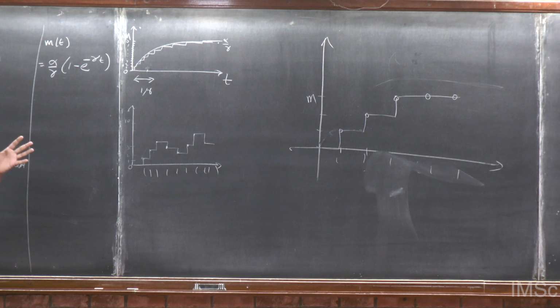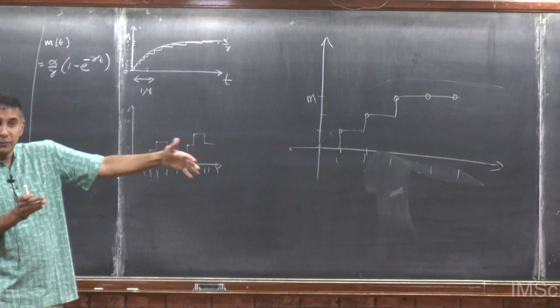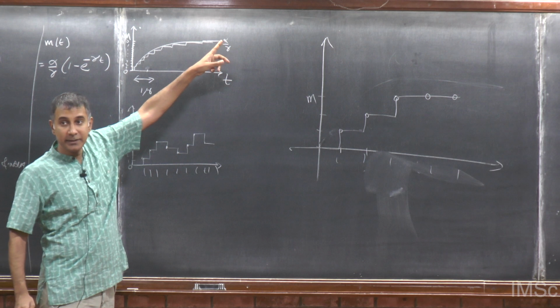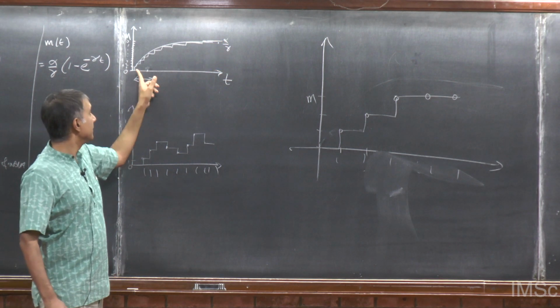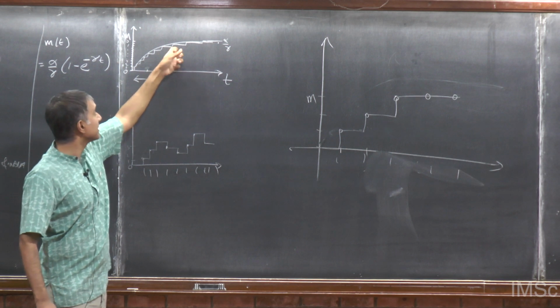You could imagine a crazy situation where a cell counts how many mRNA there are, and then it starts the clock ticking, and it says if there's 8 mRNA, I'm going to wait 10 seconds. But if there's 9 mRNA, I'm going to wait 30 seconds. You could imagine some crazy thing like that going on. But none of that was in this equation, and still the equation predicted a curve like that. So somehow that curve captures something real about the system, but the answer can't be that it looks